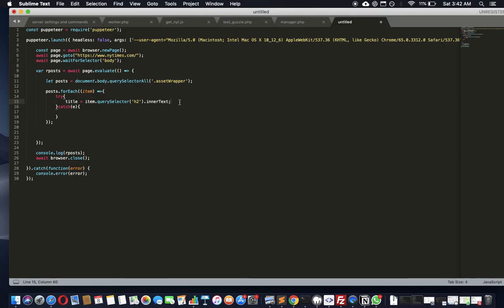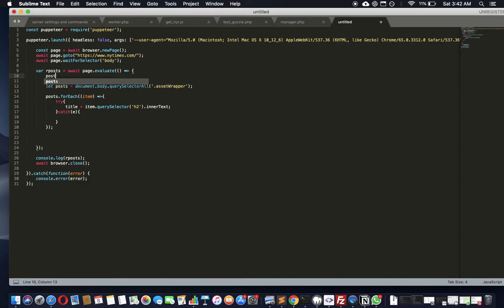Now, let's see if we can make an array out of this and then pass it outside of this function, so that we can print it in the console over here, right? We need to get it out of here. So we need to return back something here. So what I'll do is I'm just going to create an array here, post items or something, equals, I'll initialize that, and then I'm going to keep pushing items into that array as and when I find them. So I'll say post items dot push,